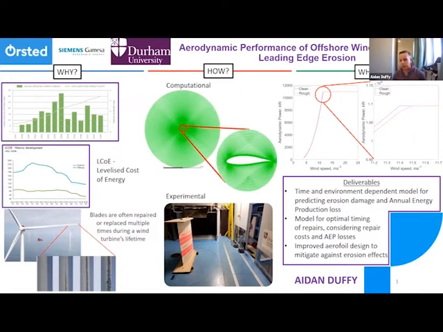An example of some of the results that have come out already are the power curves at the top right there, which are from simulation data. They show the power output of a wind turbine over its operating wind speeds. You can see there's a small difference between the clean and rough case here, and that generally correlates in an established erosion case like this to approximately 1% reduction in the annual energy production,